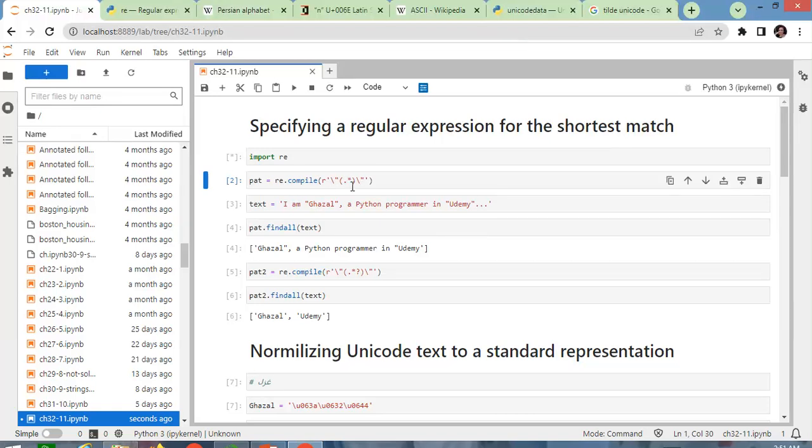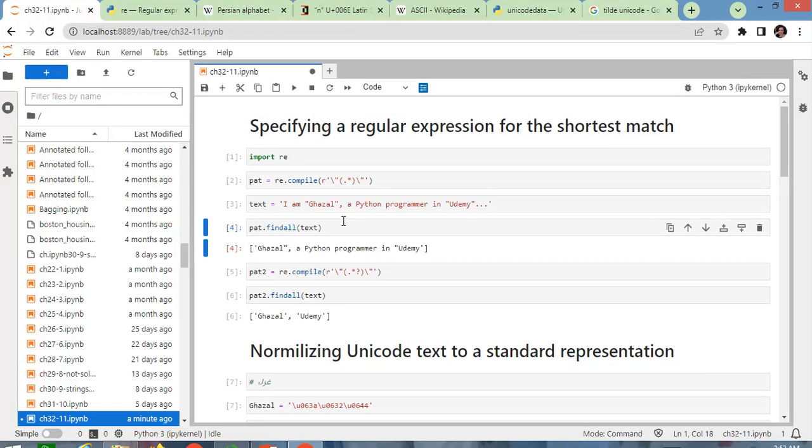Actually, in this pattern, we use backslash to identify the quotation. These backslashes are for identifying these quotations. We want everything except actually new line. The dot refers to everything except a new line, and you know that this star refers to the numbers, any numbers, 0 or more. Okay, and then